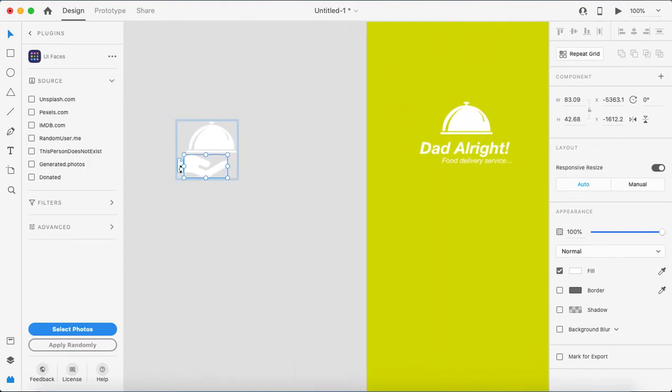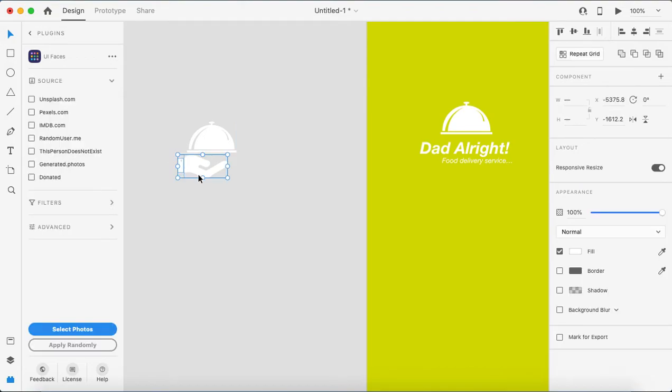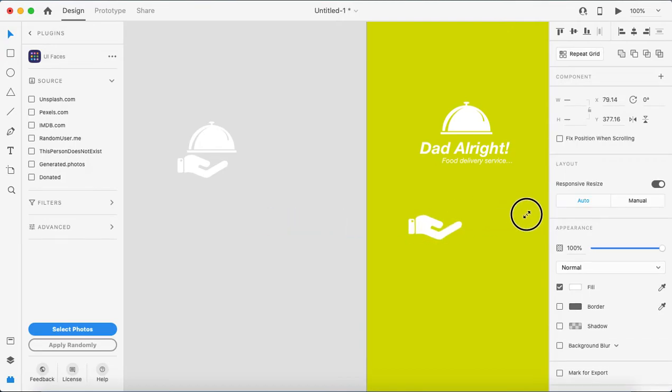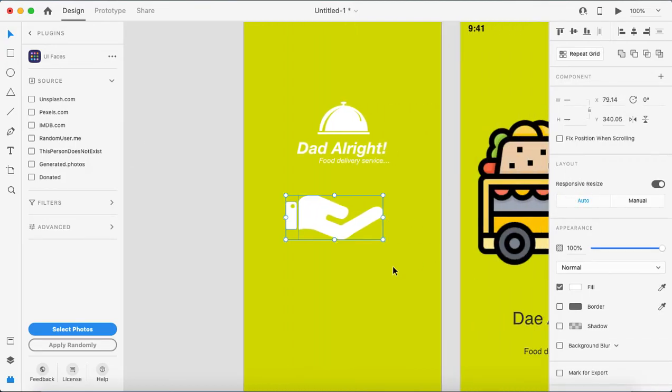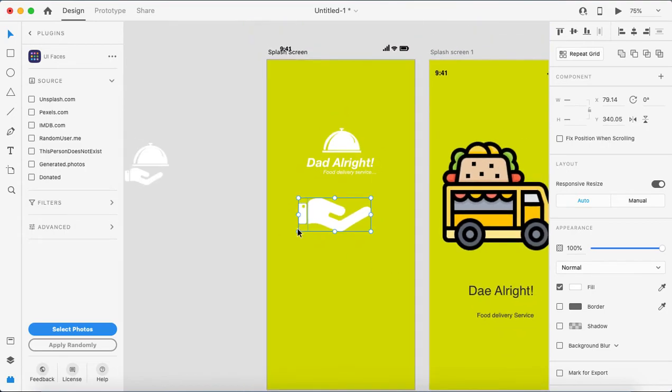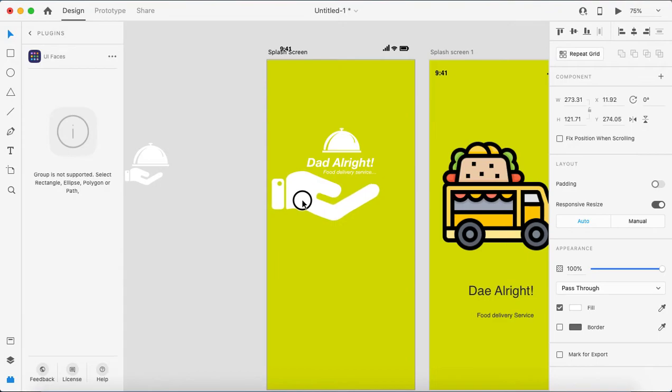Now I just got an idea while talking with you. What we can do is just copy and paste it. So this one object has come. Now let me see how it looks. If it is looking good, then it's fine. Otherwise, Control G, and this is something kind of.